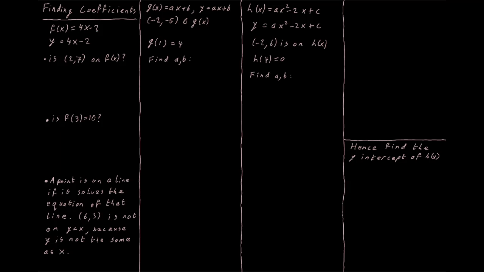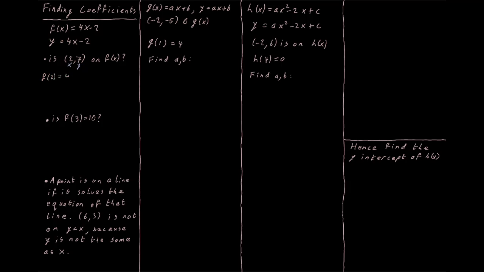For if we know the description and we want to see if a point meets that description. So if we have the point 2, 7, is that point on the line f of x? If we drew it, would it be a point on the line f of x? Or is it a member of the group f of x? Well, if it's a member of the group f of x, that means that x is 2 should give an output of y is 7 using this relationship. So does it? If we have f of 2,